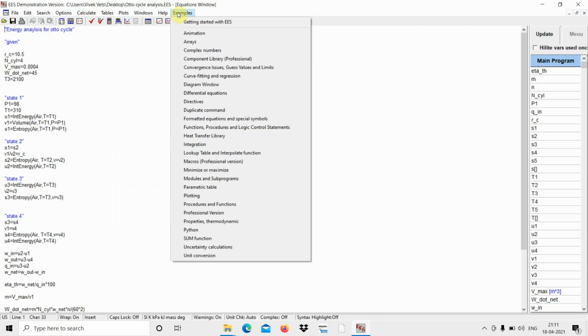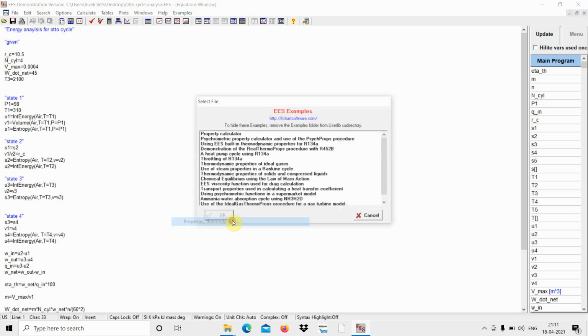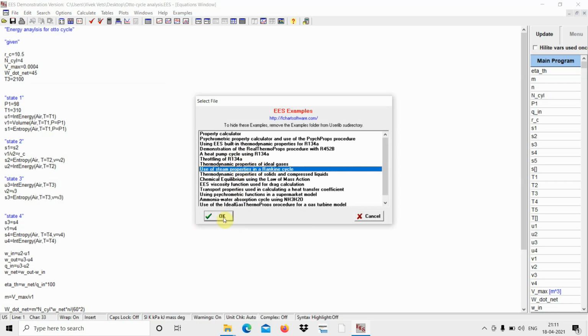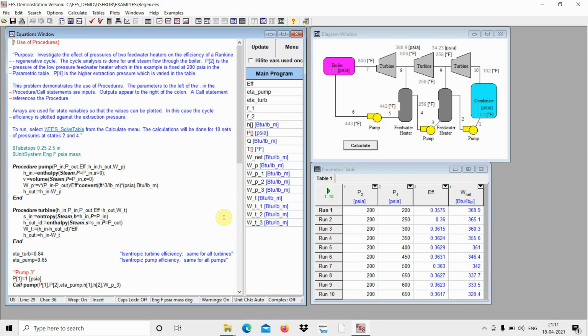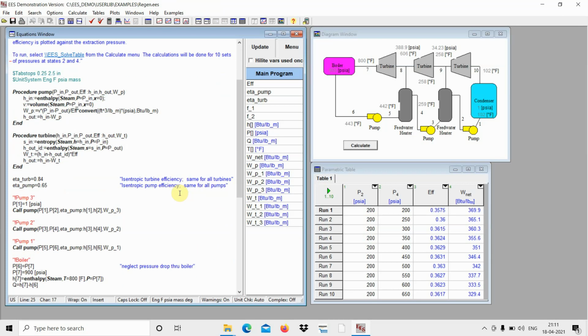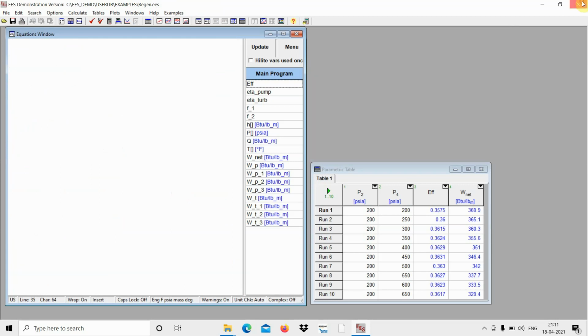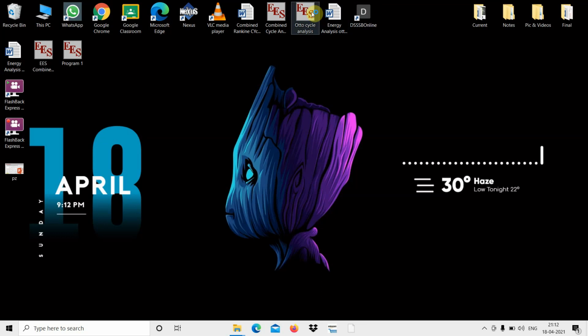We may also take the help of examples, like suppose we are going to solve a thermodynamic equation. There you go. We may take the example of throttling or use properties. Then we have the examples also. We are taking examples. It is already solved. So for solving any of your problems, you may take the help of these examples also. Let's cut this, then start again.